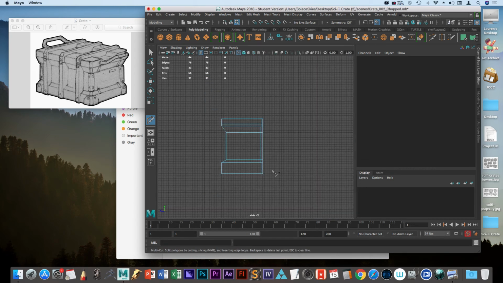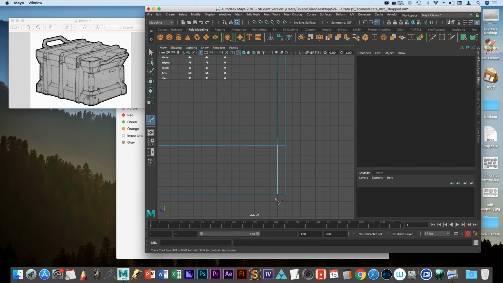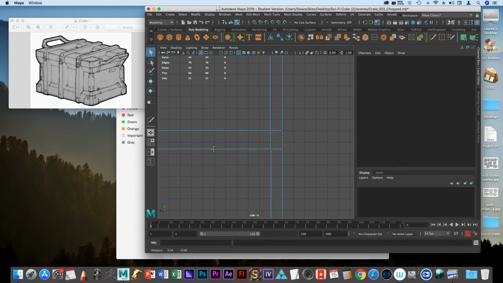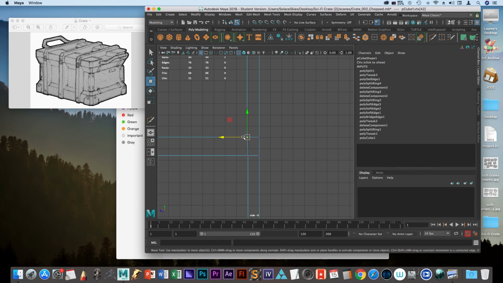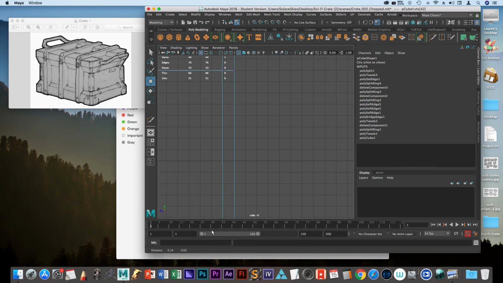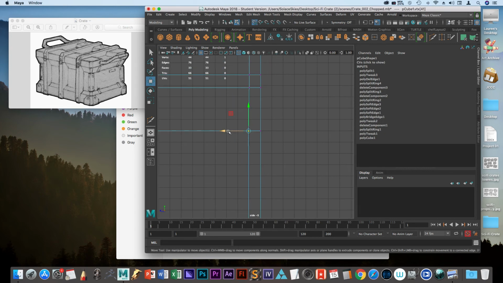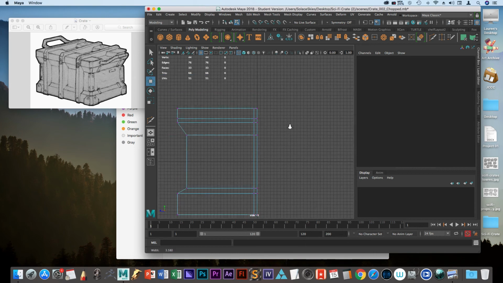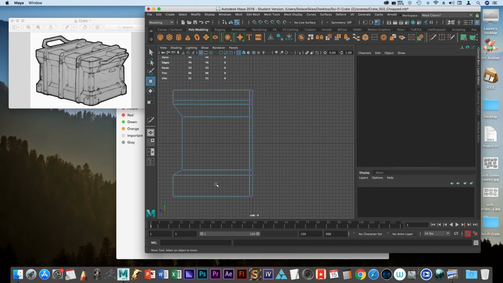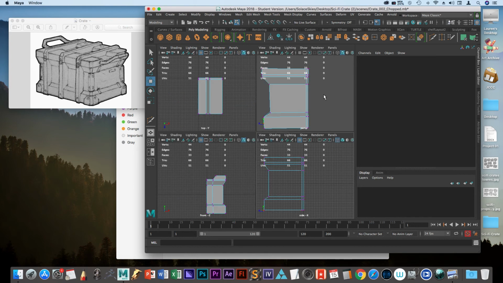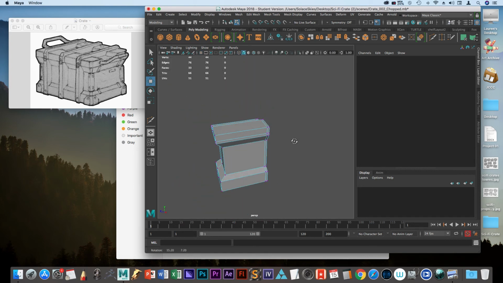It might not have. It could still be slightly distorted. Let's zoom in and see. Yeah, it looks like there might still be some slight distortion, but fortunately for us, we can just go in and press X and snap to grid. But this is going to give us a more accurate outcome than what we would have gotten with the Insert Edge Loop tool. Okay, so there's our first